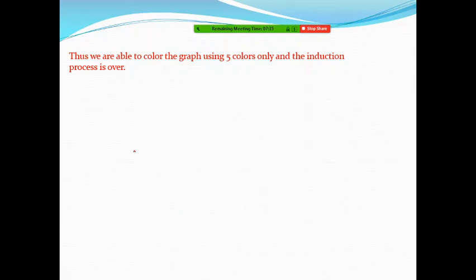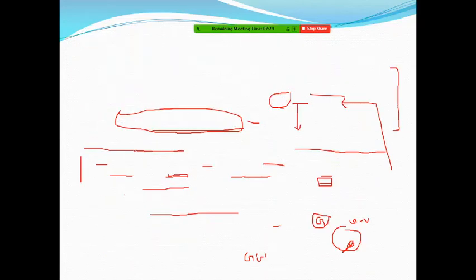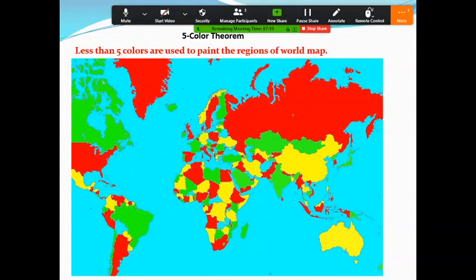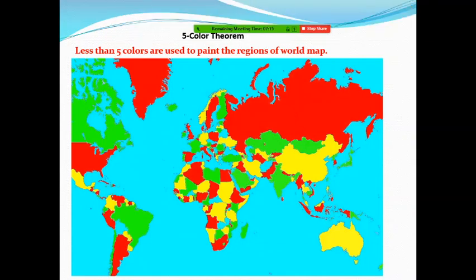One interesting result associated with this 5 color theorem is, just see the first map. In this map, my statement was that 5 colors are sufficient, but if we see closely, not 5 colors are used. Only 4 colors are sufficient to color these regions. Nowhere is a fifth color required. But since the theorem says less than or equal to 5, 4 also satisfies this result. So 4 or fewer colors are used, and that is what we mean when we say less than or equal to 5.